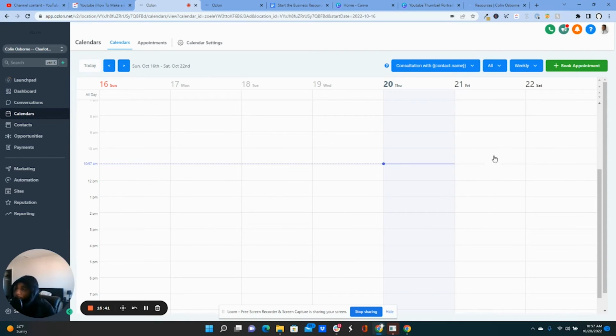And you could actually have a two-way sync with your Gmail. So all of the events are syncing within your calendar on Gmail and your calendar here. And it makes it really easy because you can sync your life and your business together, which I think are very important. And also be able to